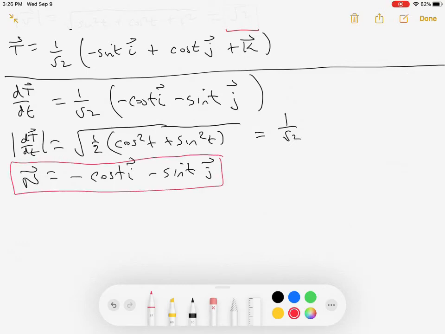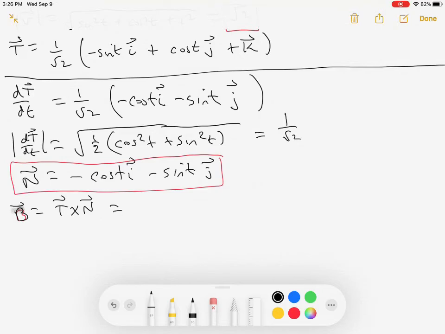So we found T, we found N, now we want B, which is T cross N,